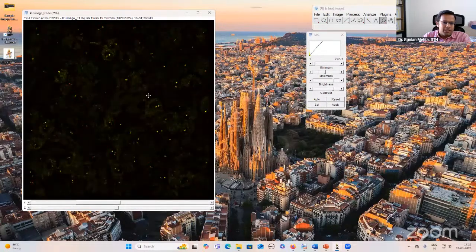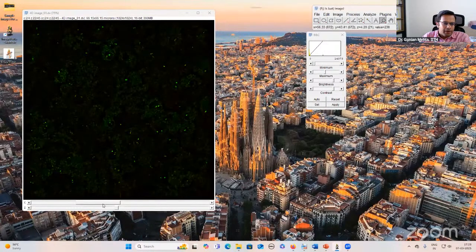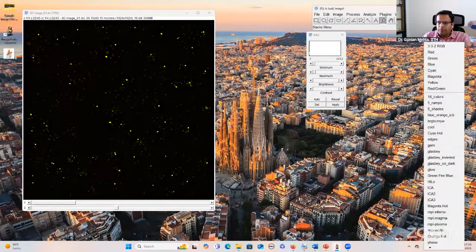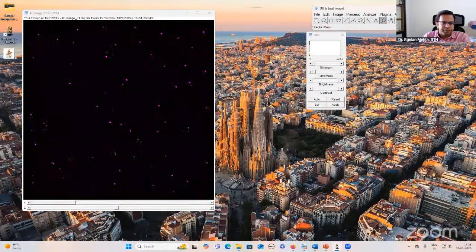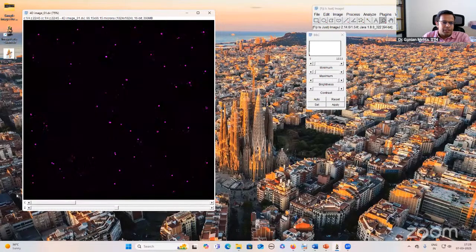Then I'll go to the 2nd channel. I want to see this protein in green color, so I'll select green. And I'll go to the 1st channel, and I want to see these single molecules of mRNA in, let's say, magenta color. Okay. So this is how you can give colors to your different channels.